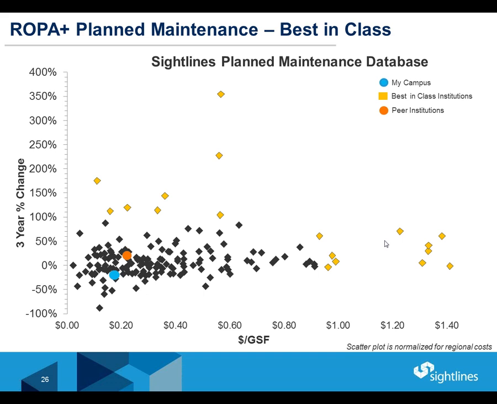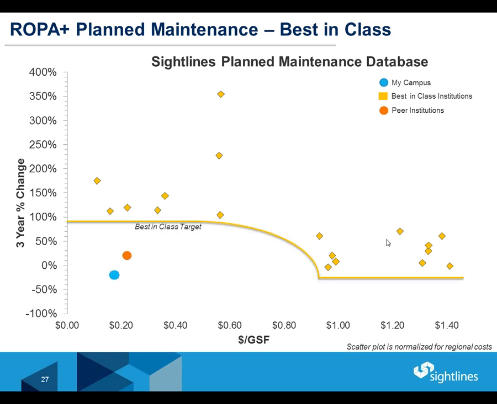So what we're looking at here in this example is all those black dots, they're all the institutions in that database. Let's take those away, and what you'll see is that we have a best-in-class target line, and then you can see the blue where your particular campus is, and then where peer institutions are. Now, you're not going to become the best overnight, so there'll be a series of targets that it takes to get to that level. And in this instance, what we worked out with this particular school was that they just wanted to reach peer levels in 2014.